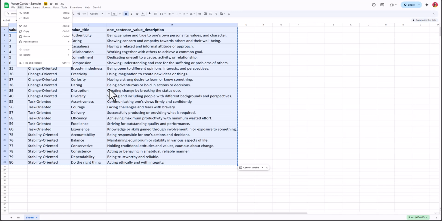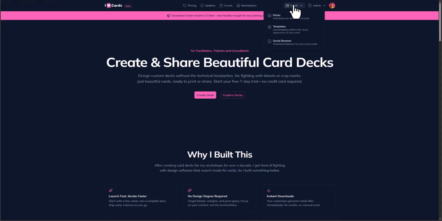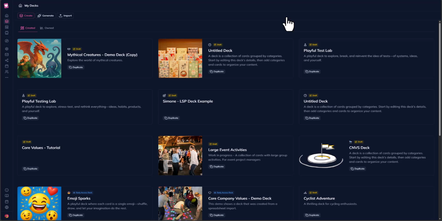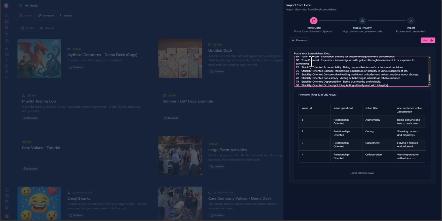Once you have the data in your clipboard, you go back to I Love Cards. You open your studio and you go into the deck editor. You're going to click on Import, and you're going to paste your spreadsheet data here, Ctrl+V, and the system should recognize the different columns. Click on Next,